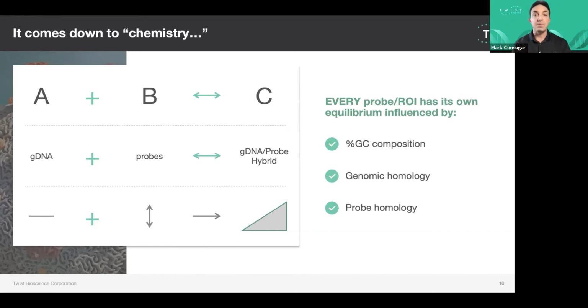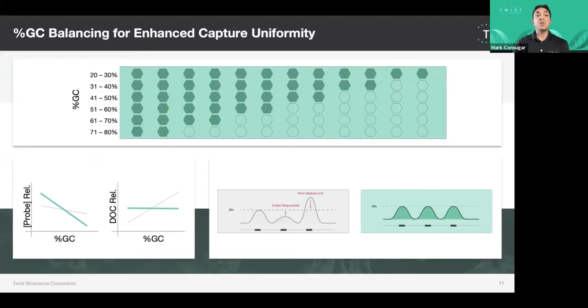So we do have to keep in mind that even though, in a perfect sense, looking at the chemistry, it's a very easy equation, you have all of these little equilibria reactions competing with one another, and how do you tune each one in an isothermal setting to force complete and uniform capture to give you uniform sequencing results? Well, that's where we go back to how Twist synthesizes and designs their oligos. Because we can synthesize 1 million oligos in any given 24 to 36 hour period,